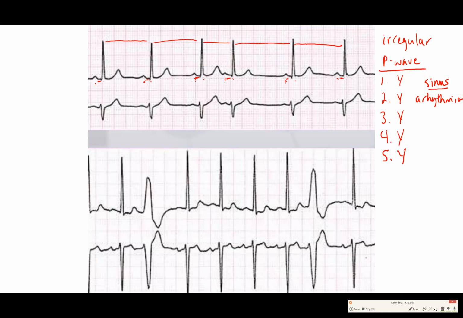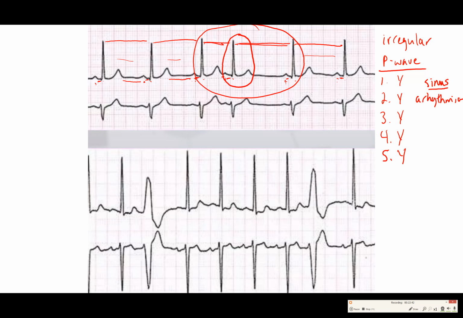We want to find out why this, what should be a normal rhythm because it's sinus, is actually irregular. And if you're looking at this, you might be able to eyeball it and say, well, that kind of looks the same, that kind of looks the same. The problem seems to be somewhere in here. We've got a really short and a really long. And you might notice that there should be some distance between the T and the P, right? Look at the distance between the T and the P. And all of a sudden, that distance is tiny. It's almost like this